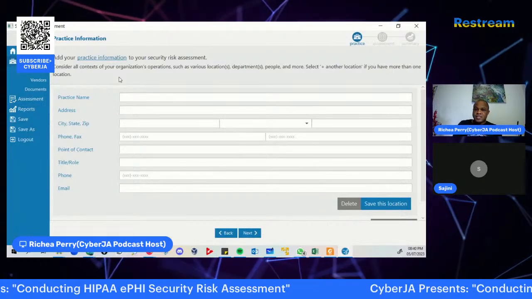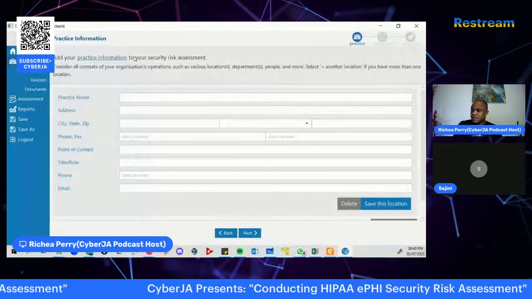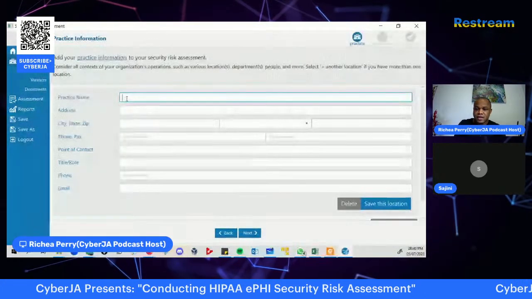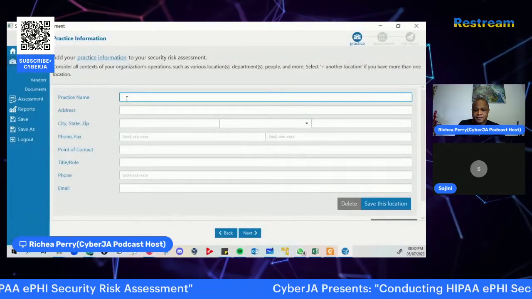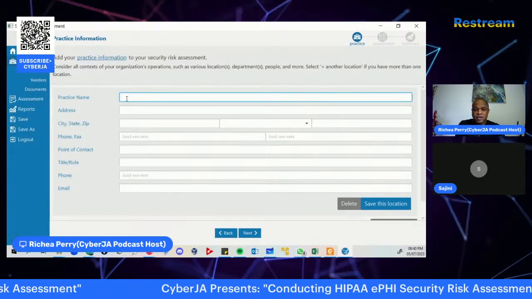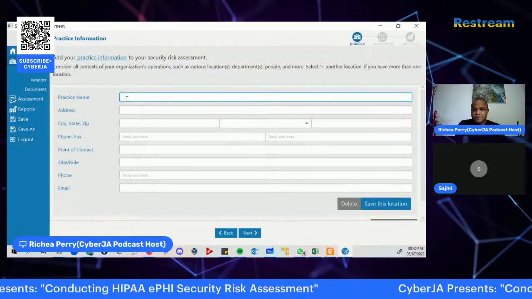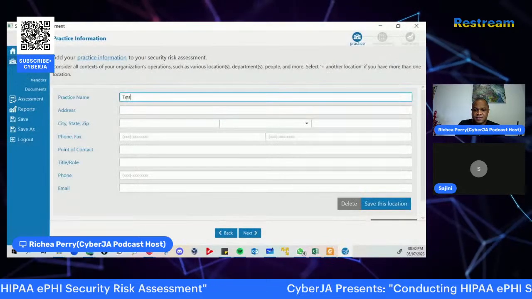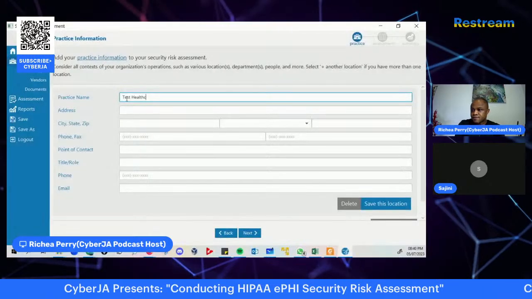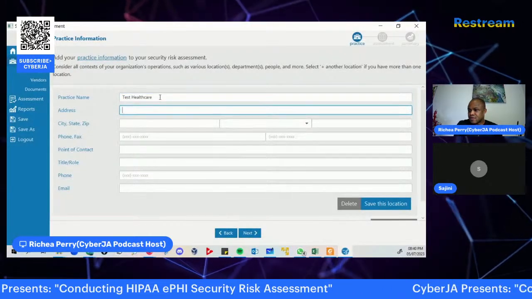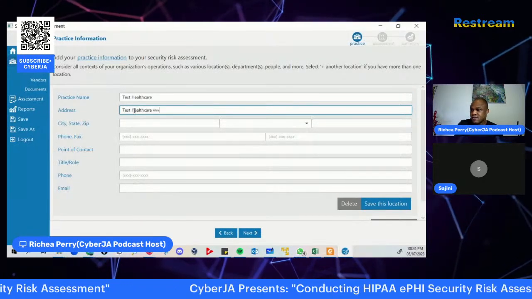So depending on the nature of your organization, the practice, the next thing that you want to do is to enter the name of the practice, whatever the name of that particular healthcare organization is. So we can actually say this is a test healthcare. We can actually just make up some information as we go along.